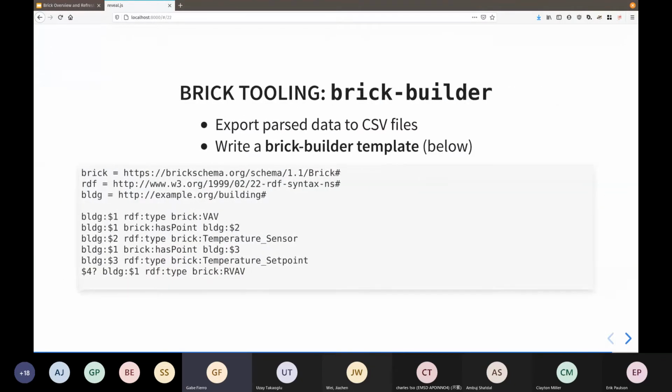But essentially, once you have that OpenRefine workflow down and you've imported your building management labels and parsed them out, you can then export subsets of those as CSV files, and you can write a template that tells the program how to interpret the rows and columns of that CSV file as parts of a graph. And so in this example, this would generate these little subgraphs from each row of that CSV file that define the name of a VAV, the names of its associated sensors and set points, plus a Boolean flag if that VAV has reheat capability.